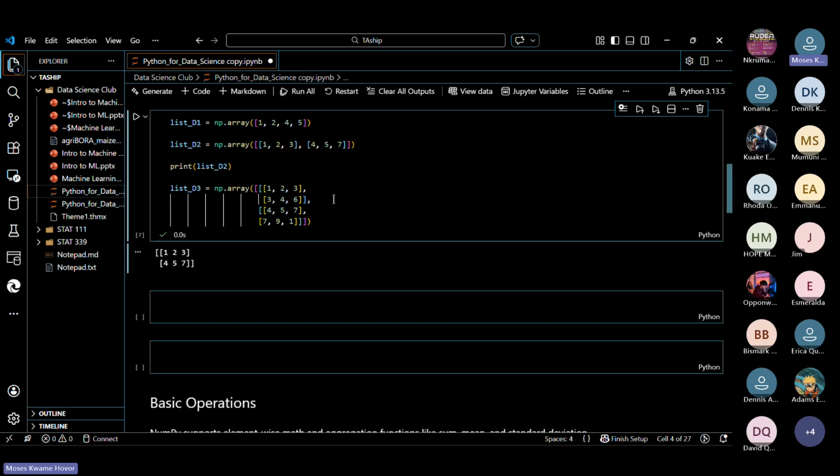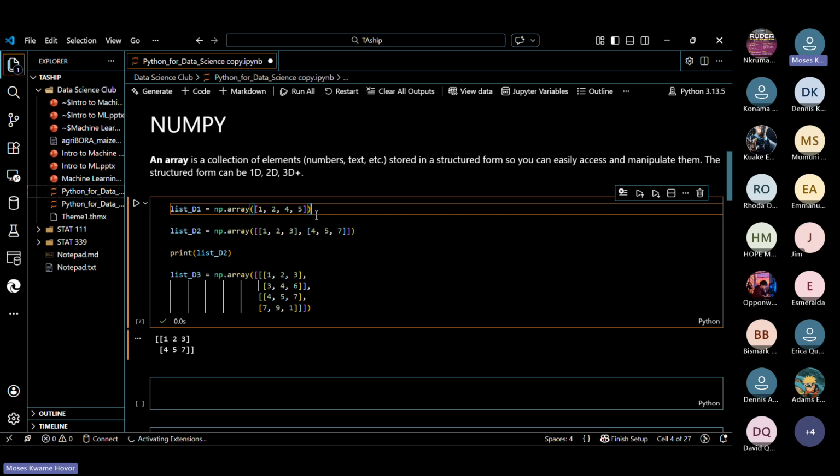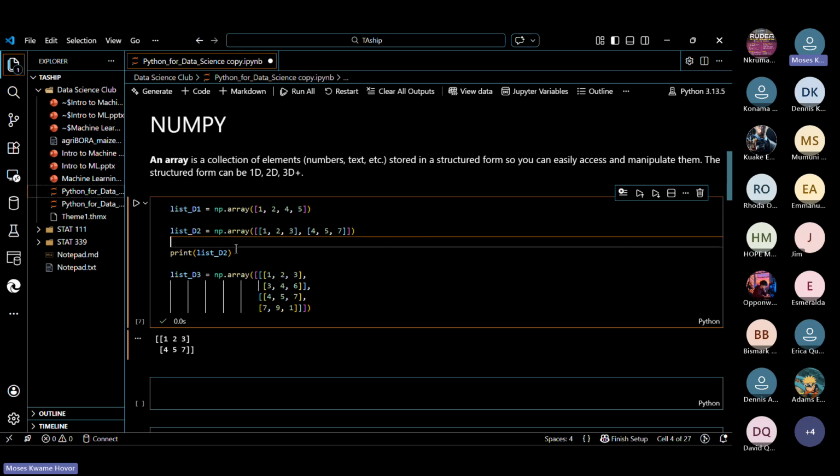All right. What I'm saying is that for Python arrays, we use NumPy. There's a library called NumPy, and we use it to create those arrays. The first one I have here is a vector, just a one-dimensional array. We have to type the name of the library.